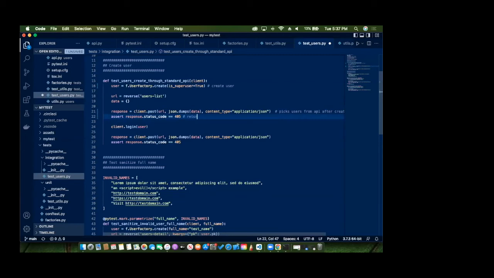Yeah, then we also have the response. So basically, we have a request and then we have a response. So the response is basically a response to our request. So we're picking users from the API that has already been created. And then if the user does not exist,